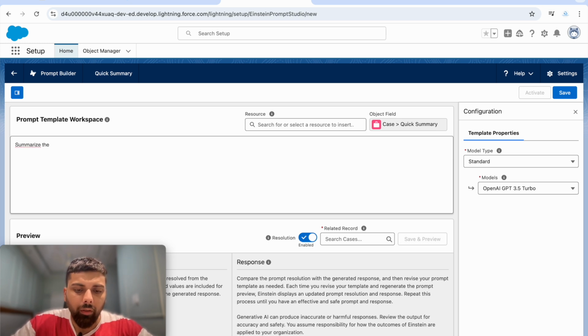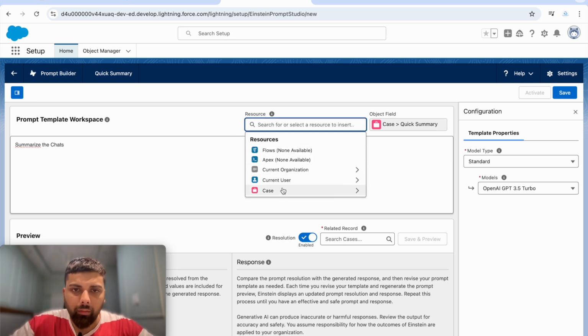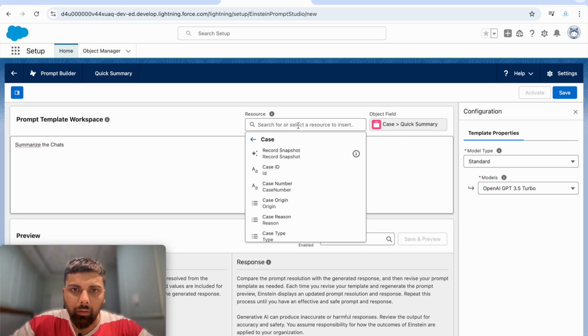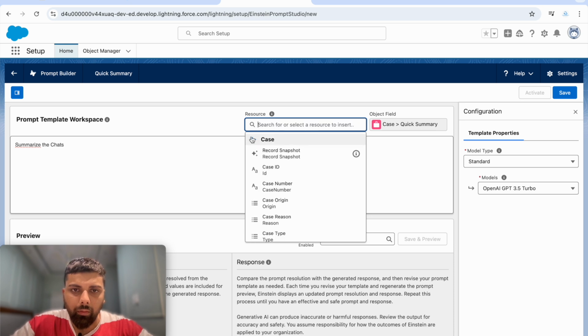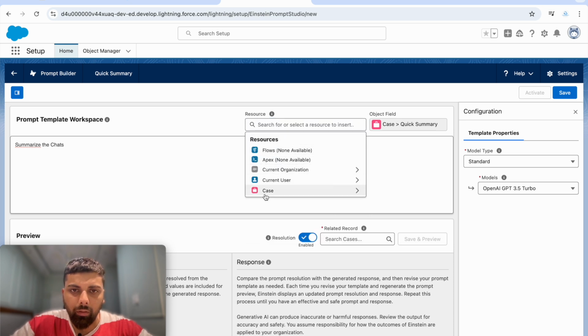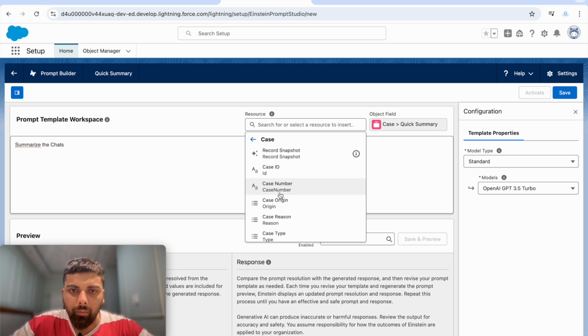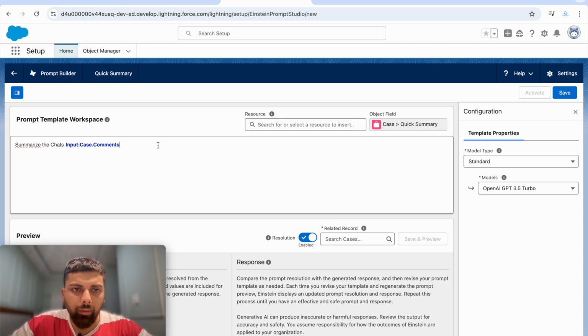Summarize the chats, and chats is going to be, not case, it's going to be current user internal comments. So this is going to be the comments of a case itself. This field will render all the comments, all the chats we do in the case,